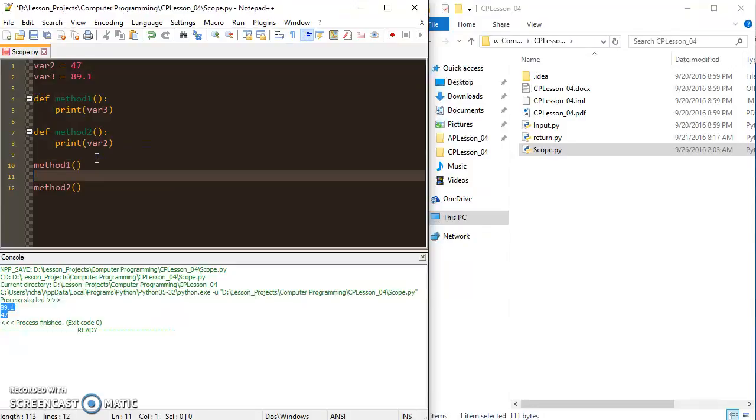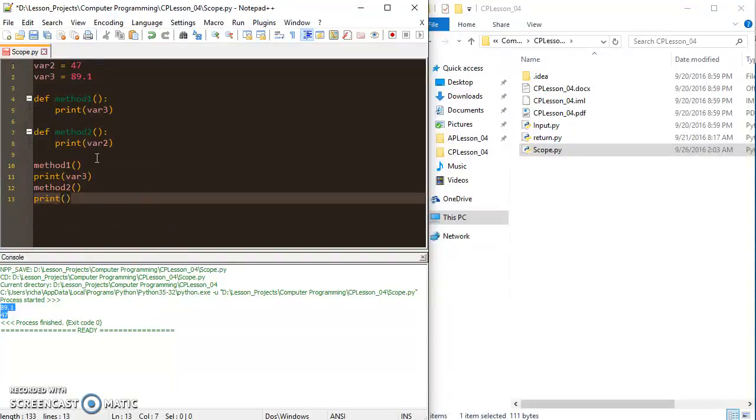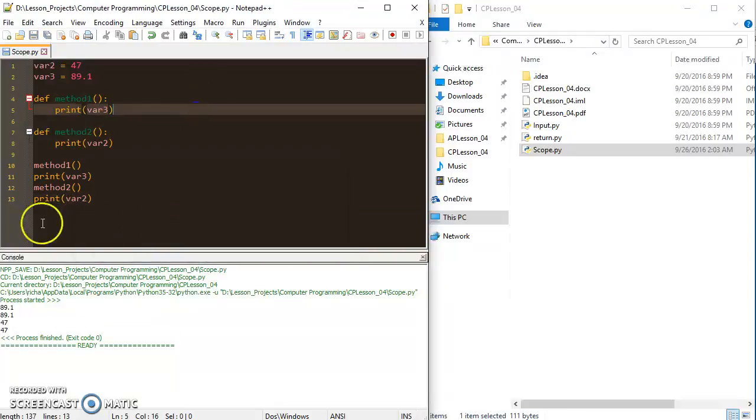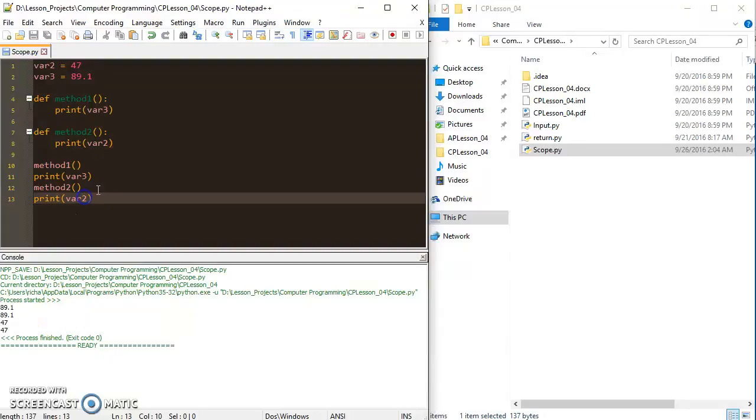And I can also print them from here as well. And if I do this, oops, var2, yeah, so I print everything twice, and that is your basic crash course